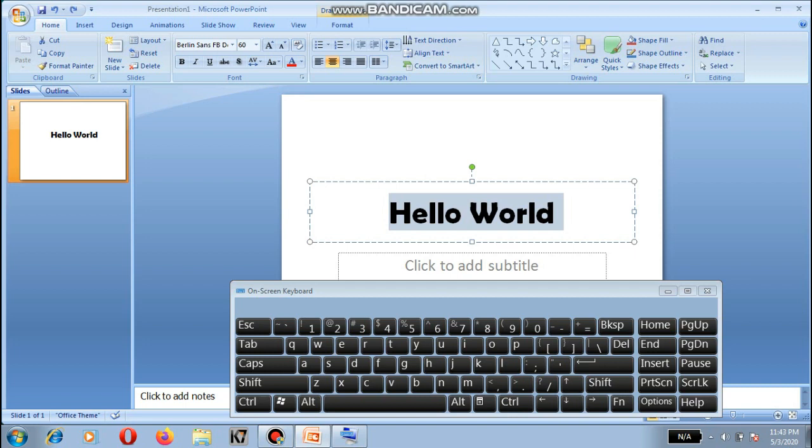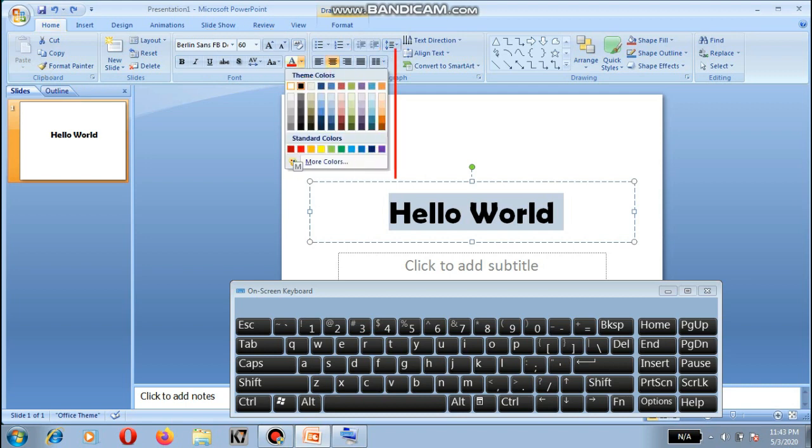So now I would be telling how to change font color. So first of all, we would be clicking Alt key, and after that we would be pressing H key as usual. So after pressing H key, we would be pressing F key and C key. After pressing F key and C key, you would be seeing that theme color dialog box has been open, and after that you would use arrow keys in keyboard to change the color accordingly.